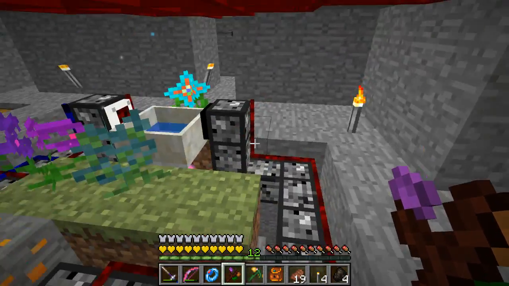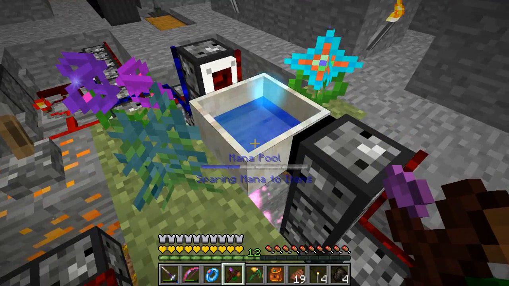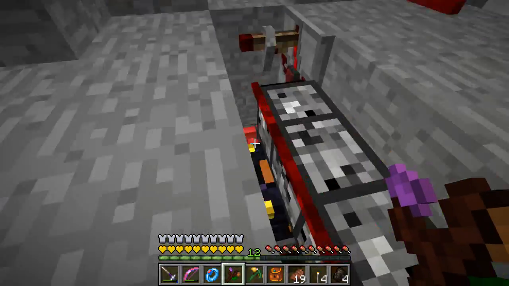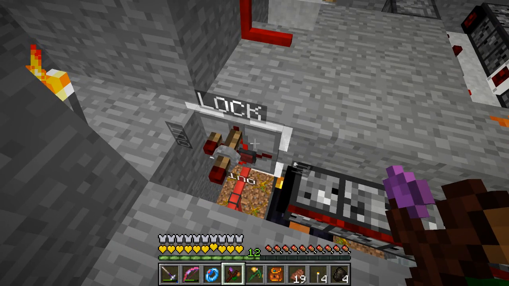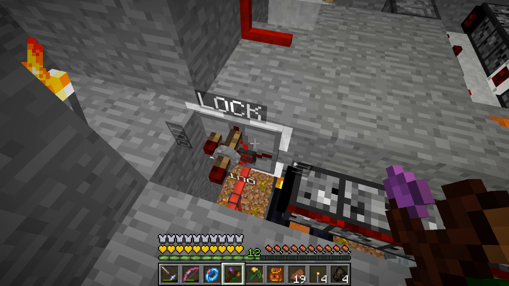Turned out that didn't work too well because it never quite stays full. It gets up to the top and then it just kind of flickers on and off, and this flickers, and I think that actually drops more charcoal than not. So what I did is I put this thing on. It is called a state cell. It's one of the circuits from Project Red. And what it does is you can,